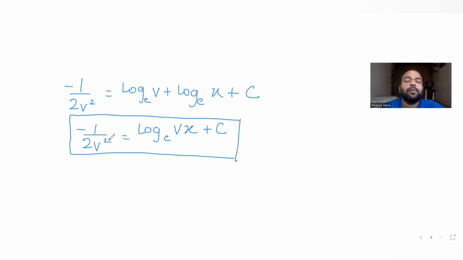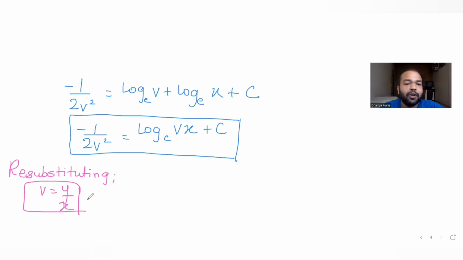But if you see, the variables that are present are in terms of v and x, but our question was in terms of y and x. So let's resubstitute. We substituted y as v into x, so I'll resubstitute v as y by x. Now if I do that, my equation becomes